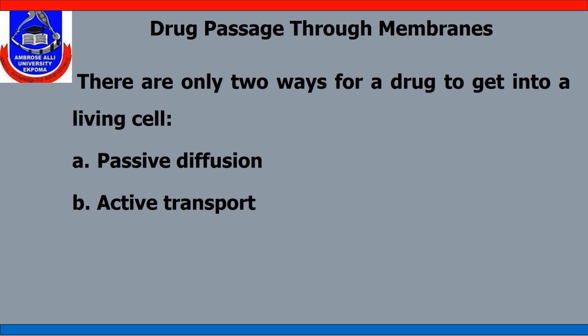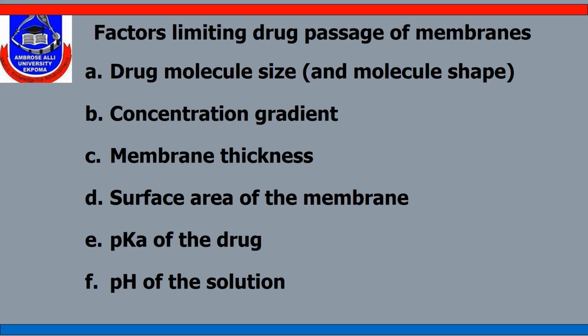Drug passage through the membrane. There are only two ways for a drug to get into a living cell. As discussed earlier, these ways are passive diffusion and active transport. There are factors that could limit these two processes, that is, of active transportation and passive transportation. And these factors are: